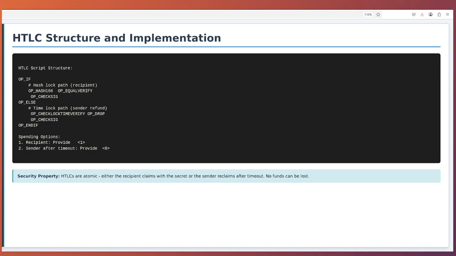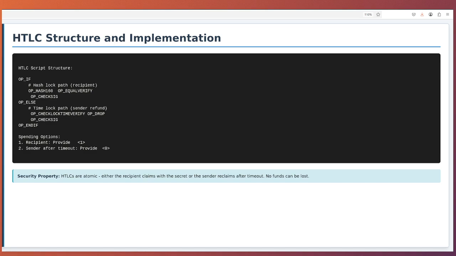An HTLC script contains two spending paths implemented through conditional branches. The first path checks whether the spender can provide data that hashes to a specific hash value, and also includes a signature check to ensure only the intended recipient can claim using this path. This path typically looks like OP_IF, OP_HASH160, the required hash value, OP_VERIFY, the recipient's public key,